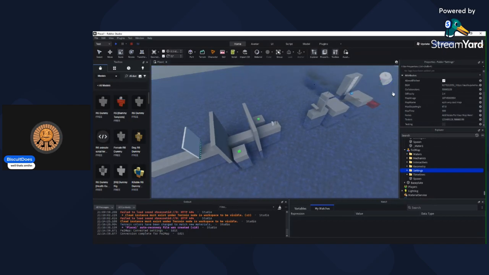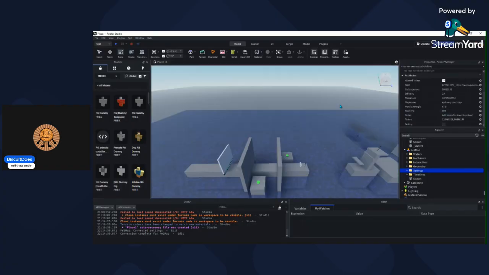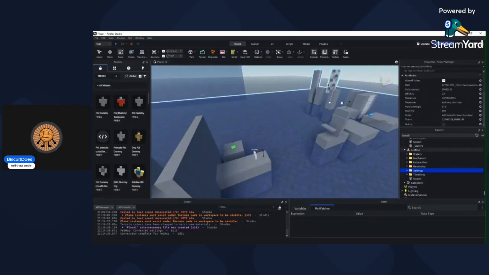Which honestly kind of sucks. They should get rid of that. Honestly, it's kind of an L thing. I just don't like that. Why would you even add that, bro? But anyways,